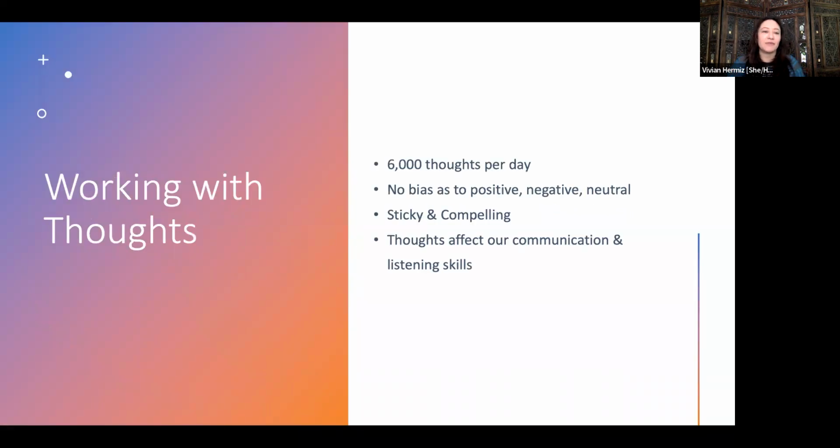So as I mentioned before, today we're going to be working with thoughts. And oftentimes our thoughts are so numerous. I was trying to find the number. I found one that said we had like 70,000 thoughts in a day. And I came upon some research from 2020 that said, in fact, we have about 6,000 thoughts per day during our wakeful hours. And that's a lot of thinking.